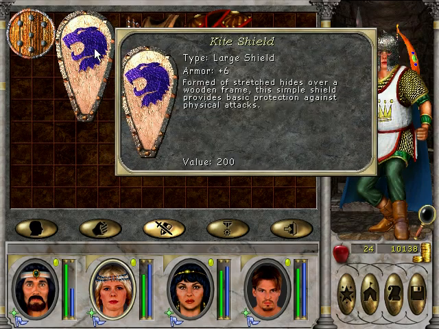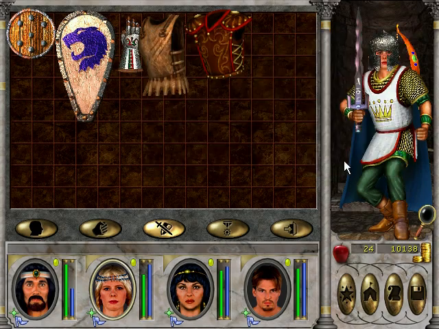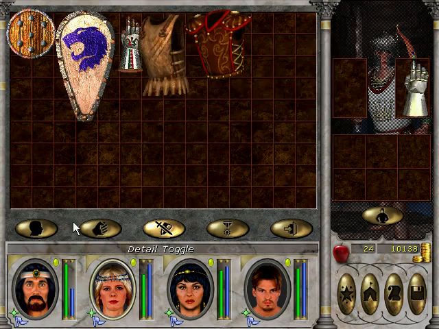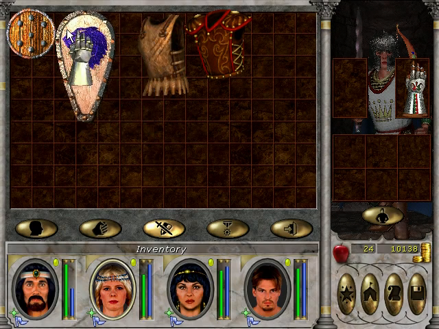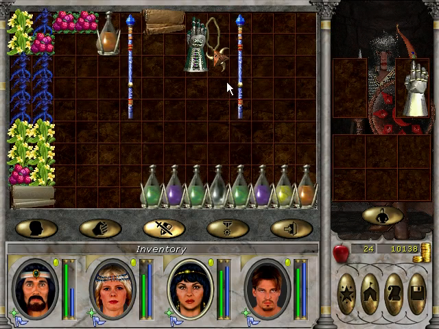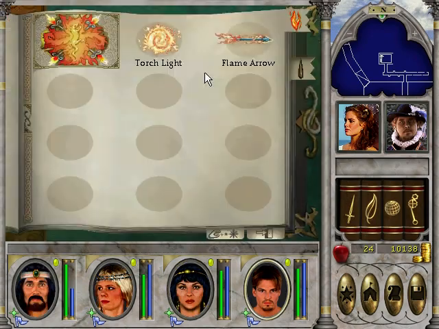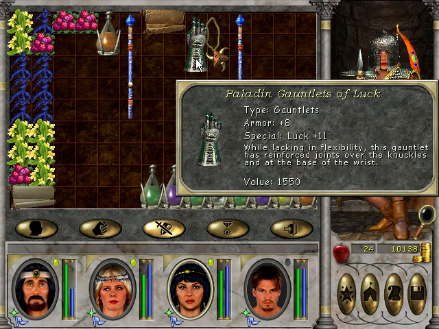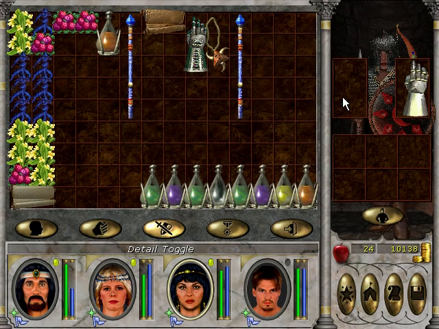What can I enchant? I do have a Knight's Gauntlets of Defense. Oh nice, I can actually use these gauntlets. Who needs it? My archer actually needs it. I think that's it. Paladin Gauntlets I'm going to enchant right now. Plus luck 11. Well, luck is a useless stat, but